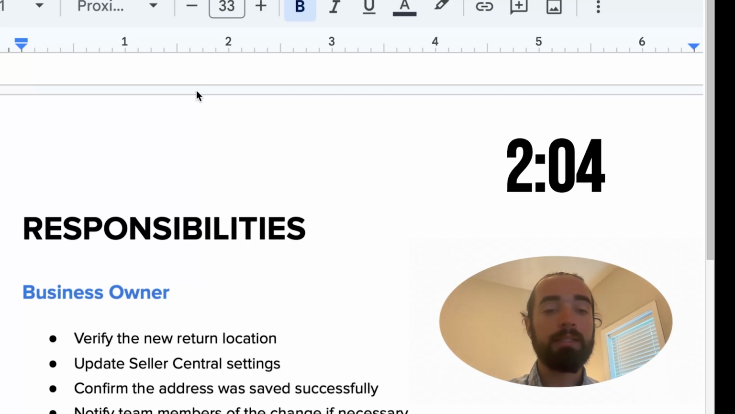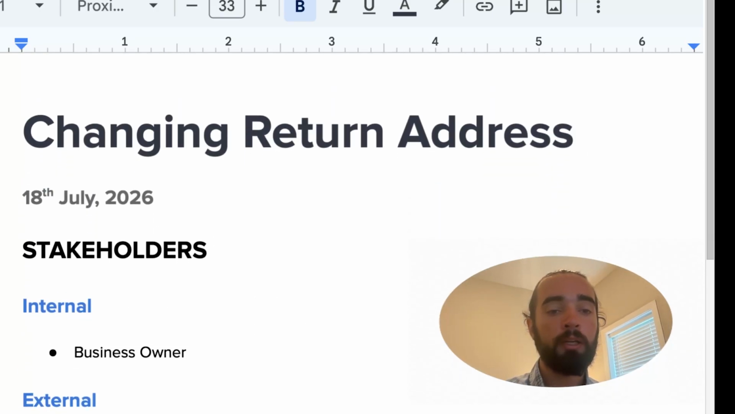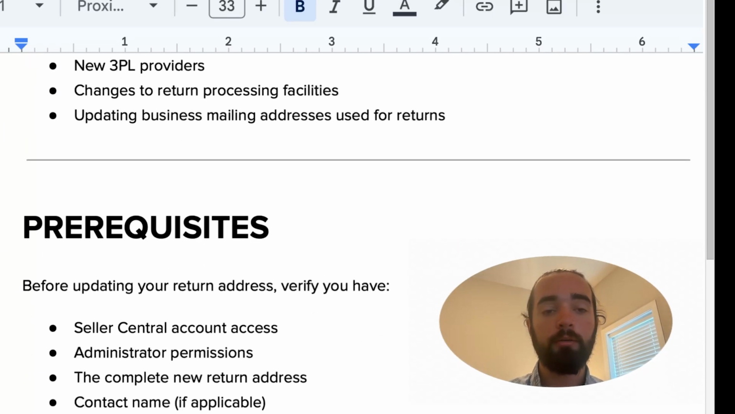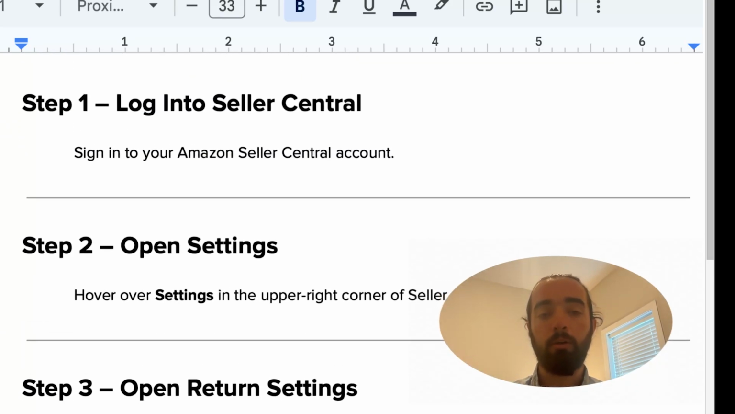This is what is needed. So I made this document. This is in my Skool community. It's called changing your return address. There are like 7 steps. Log in to Seller Central, open up your settings, change your return settings, because all that we're trying to do is take a certain number of products that we agree on, whatever we discuss, and it depends a lot on